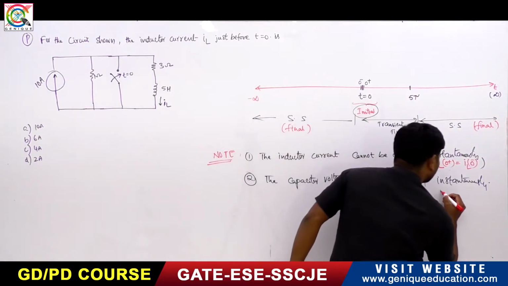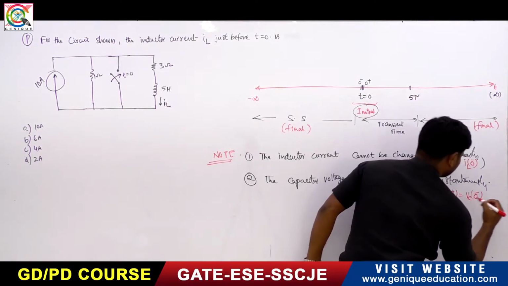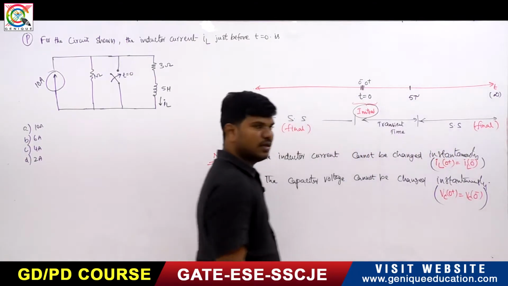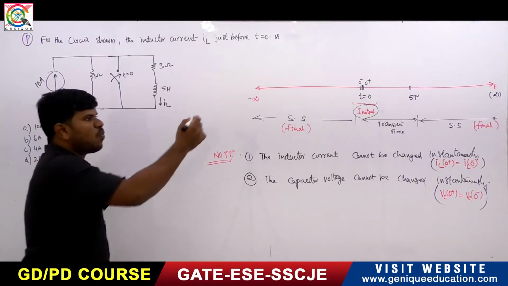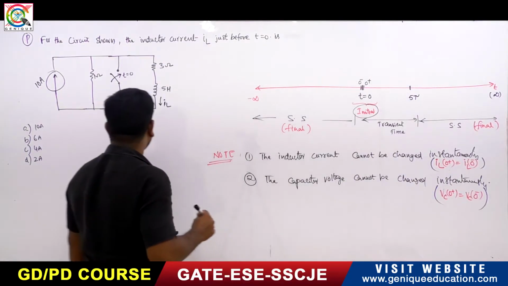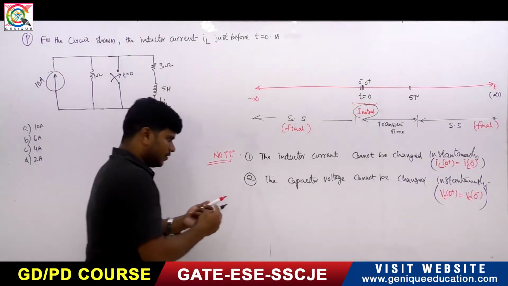So Vc of 0 plus is equal to Vc of 0 minus. This is the point you have to understand. So what do we mean by inductor current and capacitor voltage? You know very well what the inductor current is. Inductor current, if you observe this,